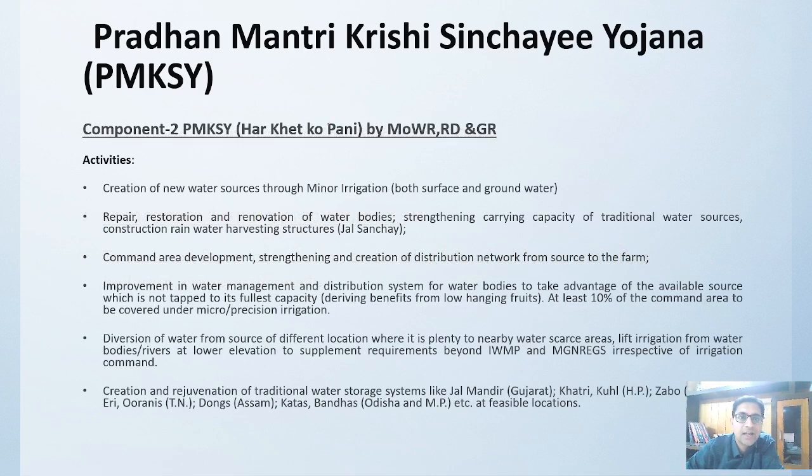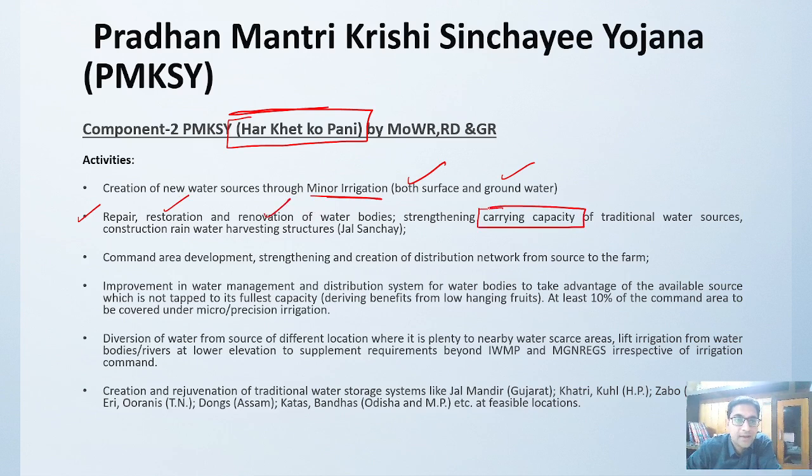Then the second one is Har Khet Ko Pani. That is the second component. It means we need to provide a water source through minor irrigation, whether surface or ground. Wherever repair is needed, repair has to be done. Wherever restoration is needed, restoration has to be done. Renovation too, so that carrying capacity is increased. Command area development, proper catchment area development, with better utilization of distribution networks. Water management and the distribution system have to be well developed, and at least 10%